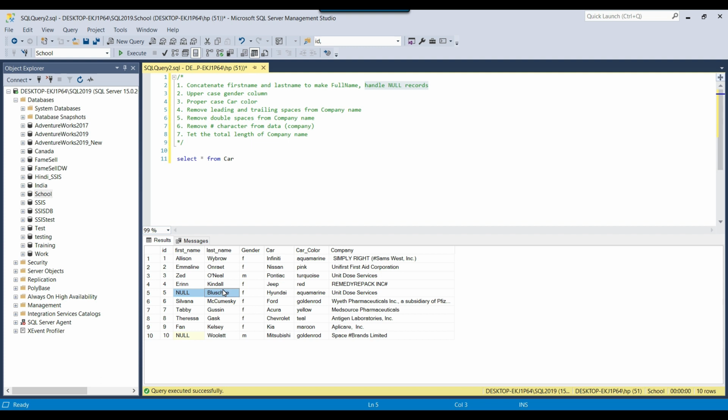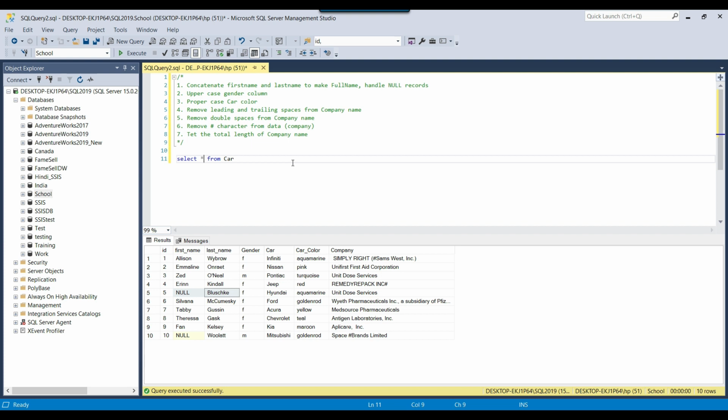So we need to create a new column, full name, from the first name and last name, and handle the null records. How can we do that? We can write a select statement. In case you want to update the data, you can easily update it with whatever I write in the select statement, or I can first write the select statement and then directly fix the data as well.